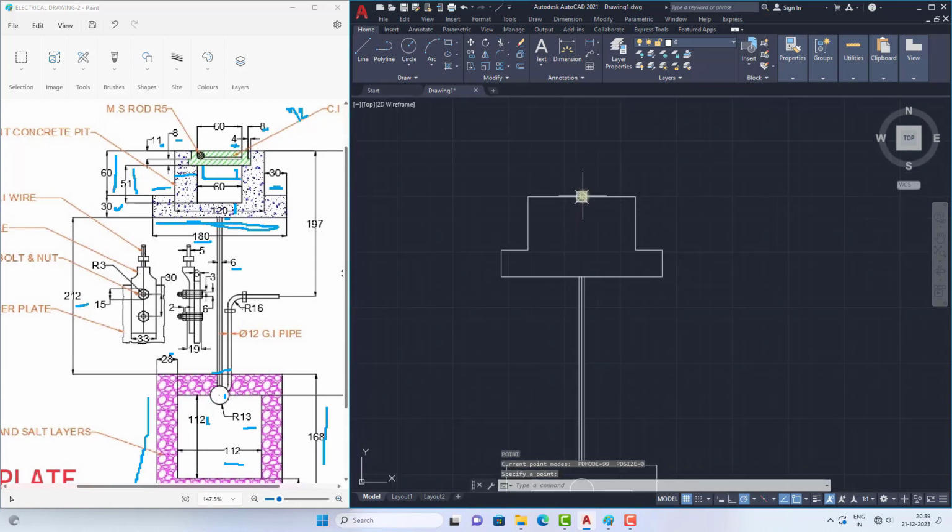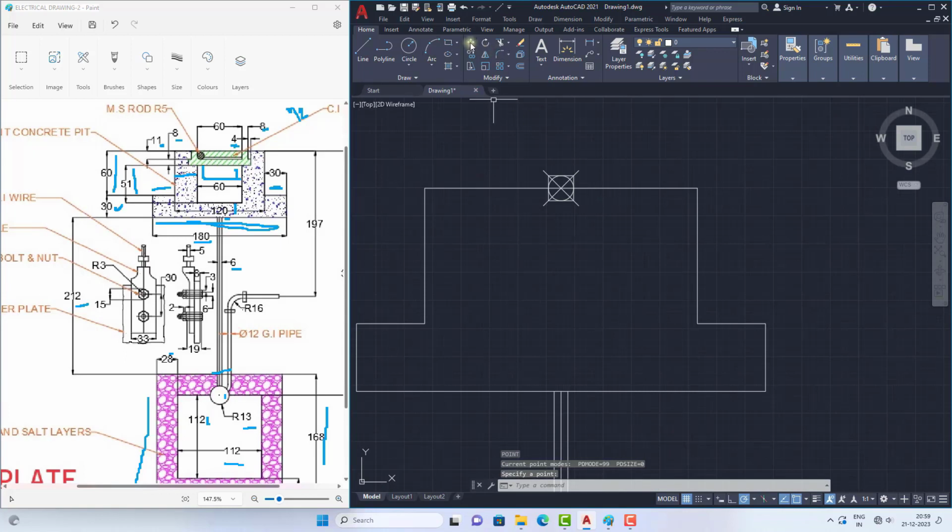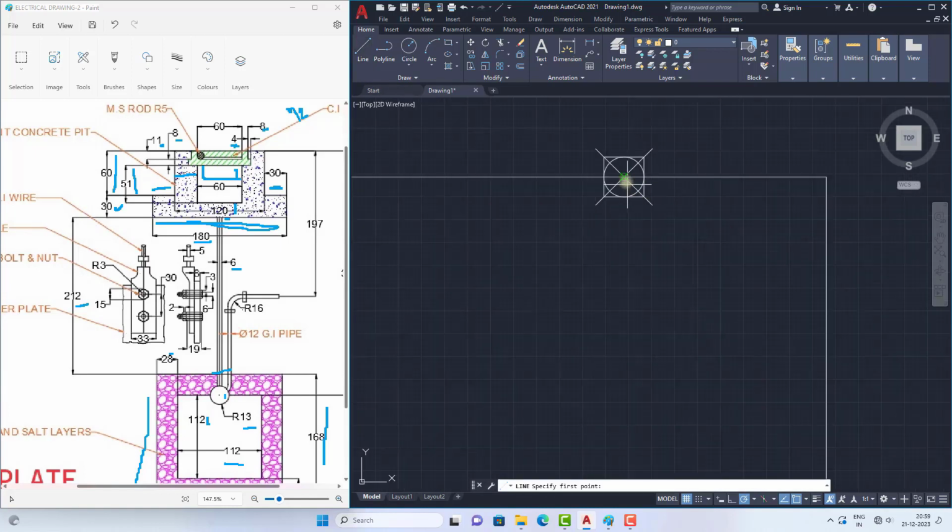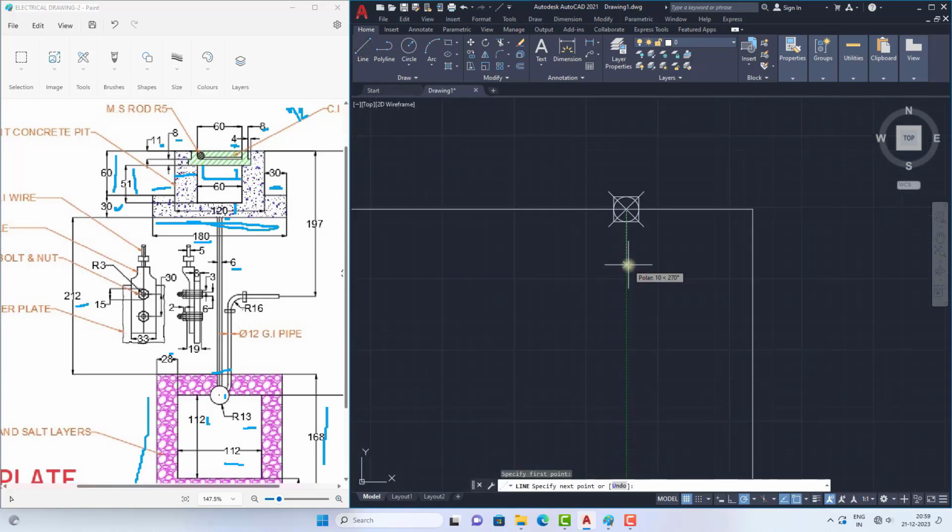And I need to move this point. So select the move command, select this point and press enter. Select this as the base point and move to 38 and press enter. And now from this point I am creating a line. So select this point and move down a distance of 11 and press enter,